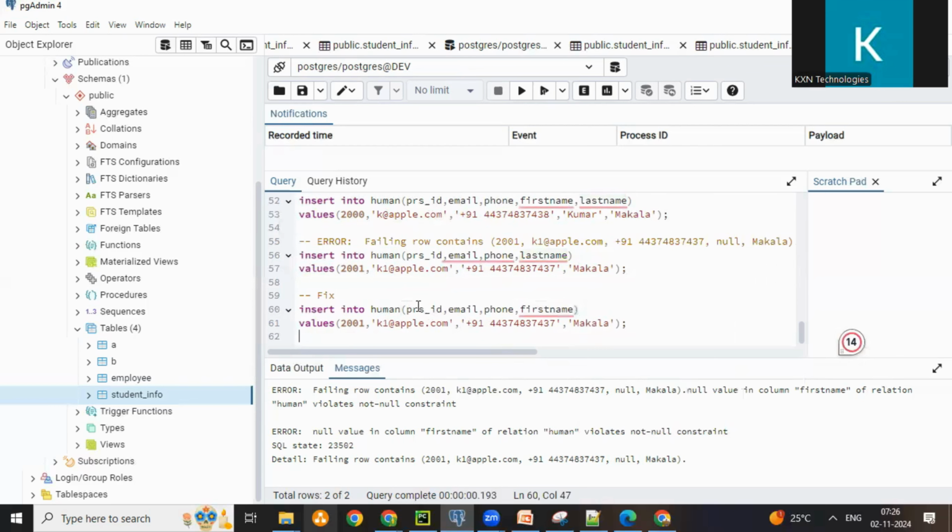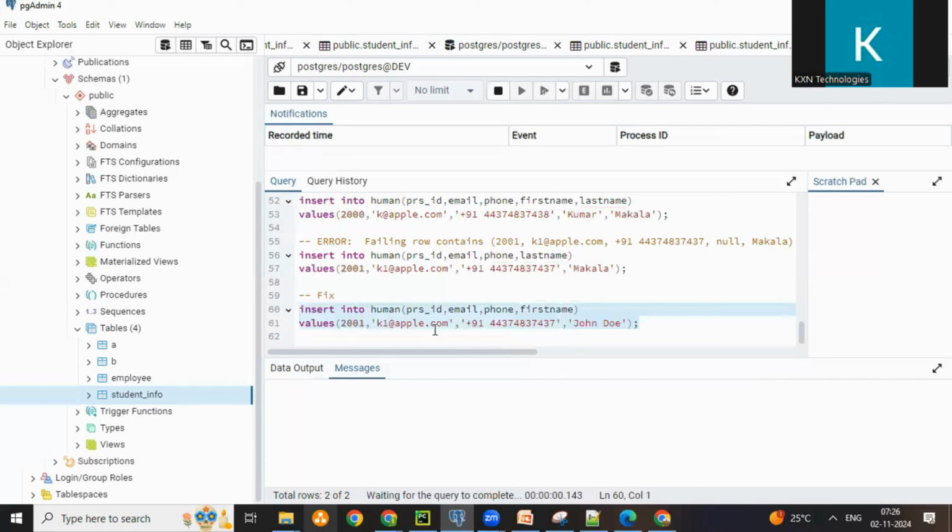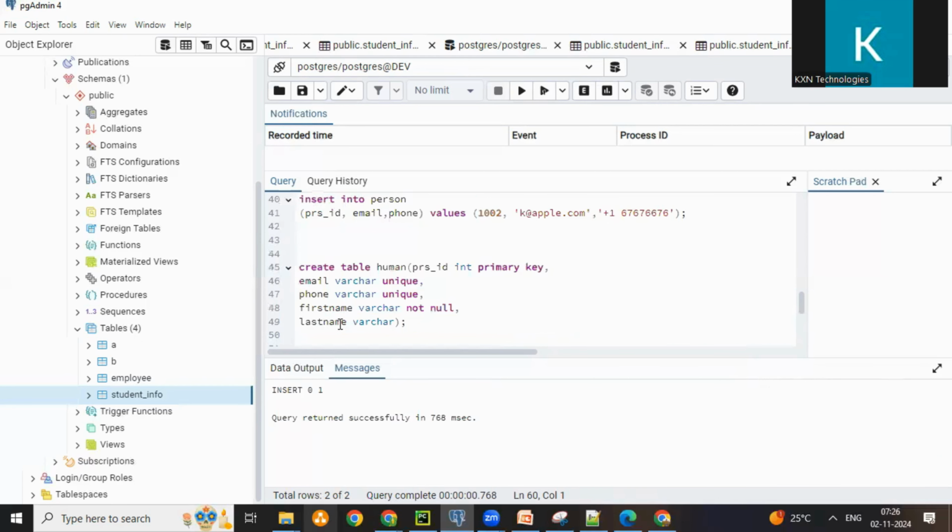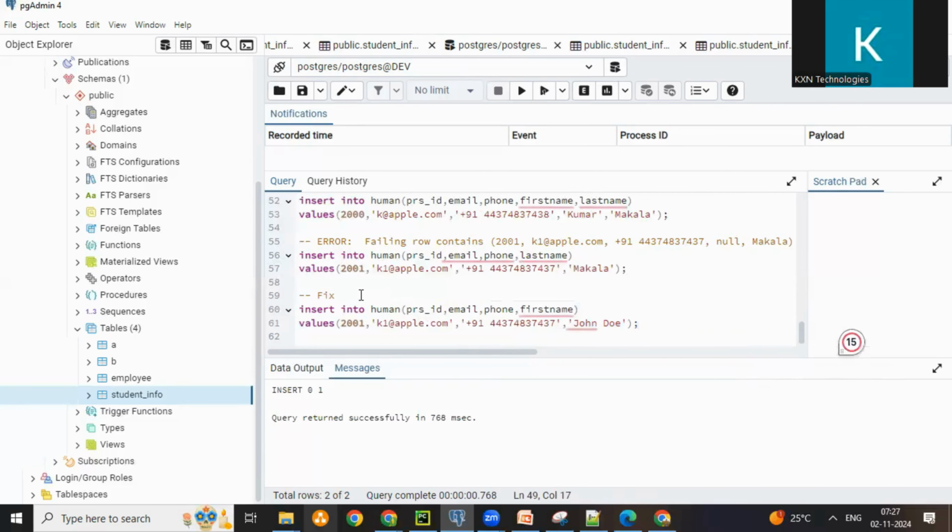For example, the first name is K Makala now, or just say John Doe. Got it. And do this insert. And what happened for last name? Since last name is not mentioned as not null, this can be null also. You got it? What we'll do is let us